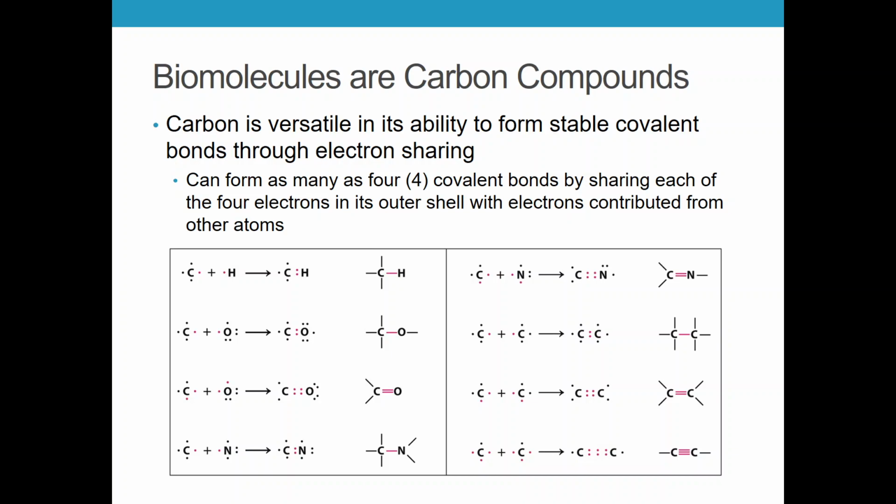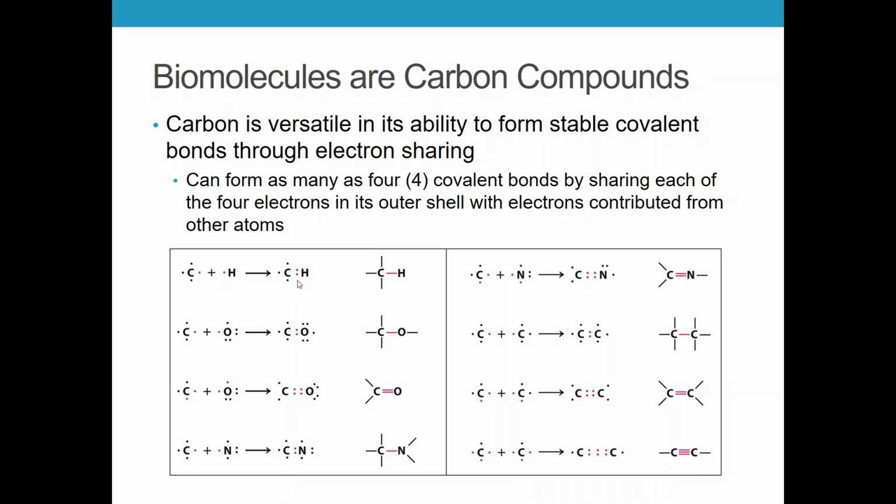So carbon is quite versatile in that it can form stable covalent bonds through electron sharing. So this occurs by orbital overlap. Again, chemistry, I'm a chemist. So we are going to view this from a chemistry-centric perspective. Carbon can form as many as 4 covalent bonds by sharing the 4 electrons in its outer shell. So if you look at this, this can occur in many different ways. So you can form the carbon-hydrogen single bond. So this would just be 1 electron coming from carbon, 1 from hydrogen, and now you have a sigma covalent